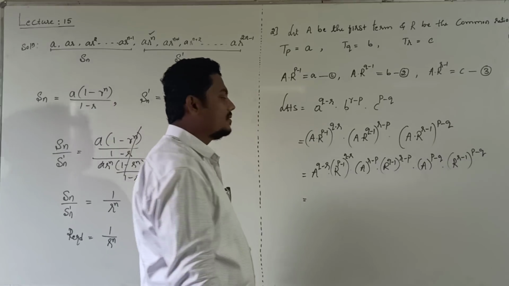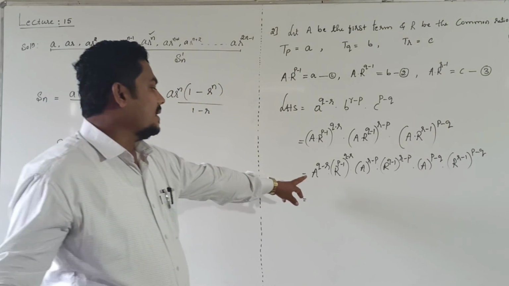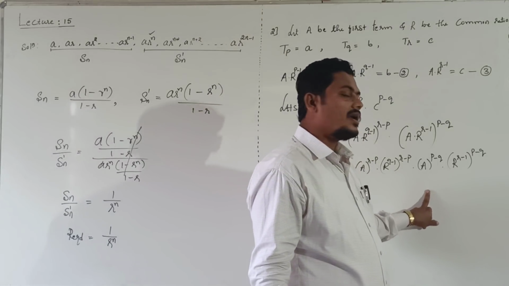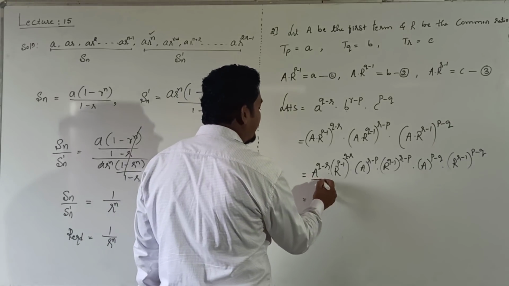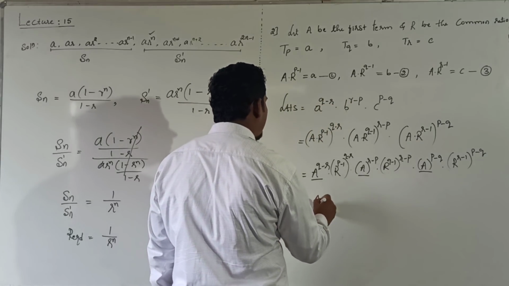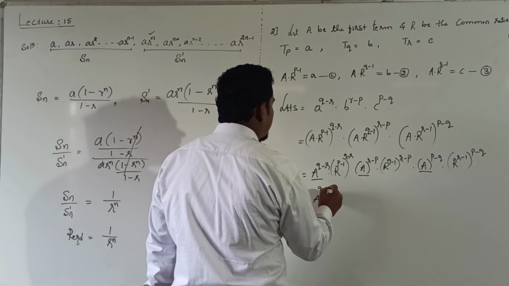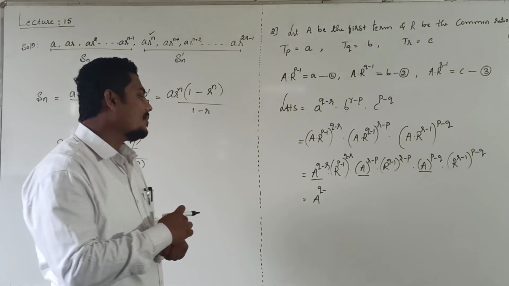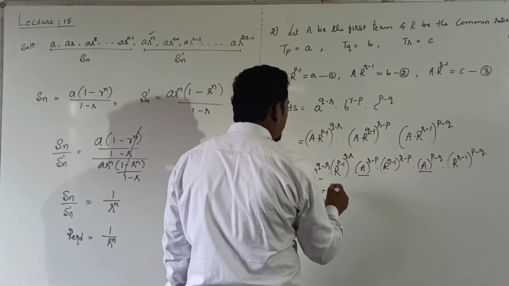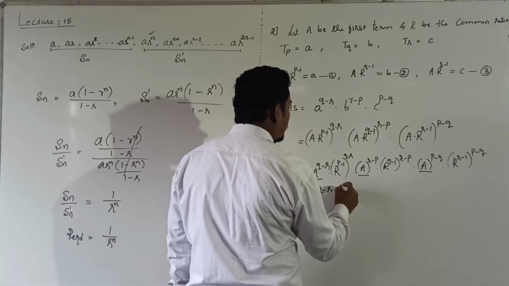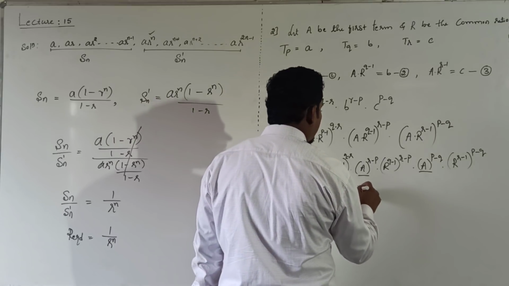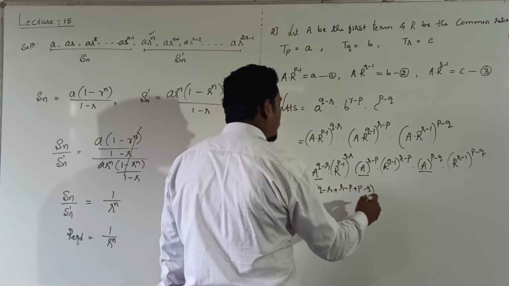After that, A power q minus r into A power r minus p into A power p minus q. For this apply the a power m, a power n, a power p formula. Then it will be capital A power m plus n plus p. Instead of m, n and p, we have q minus r, r minus p and p minus q. That is q minus r plus r minus p plus p minus q, into